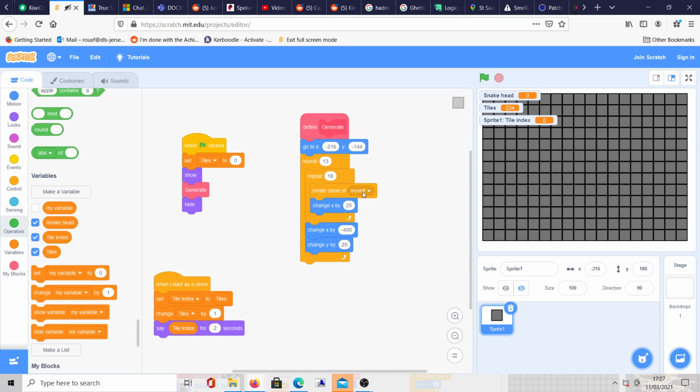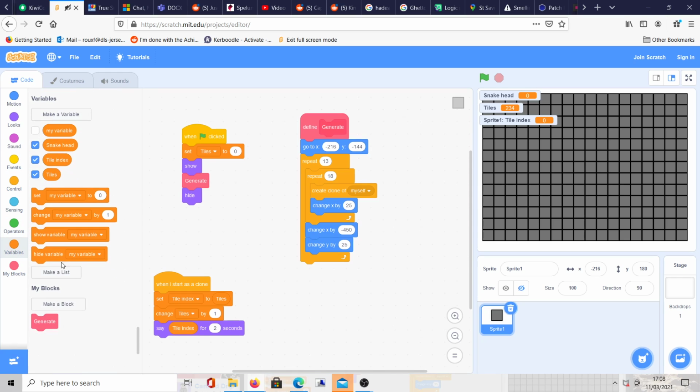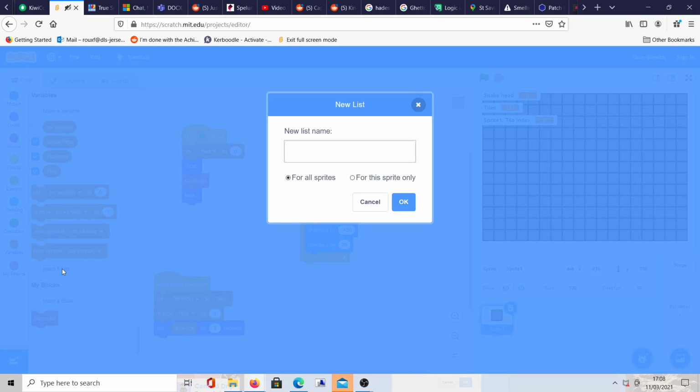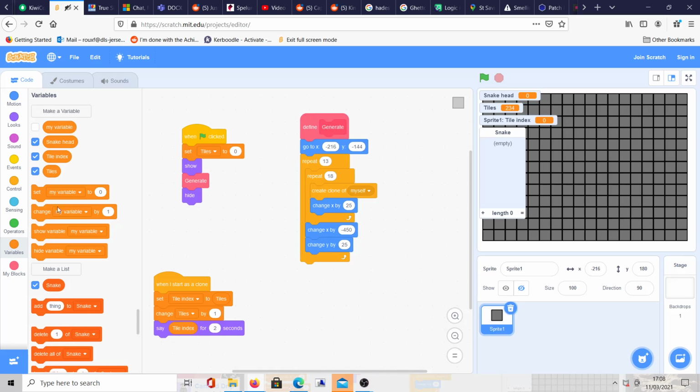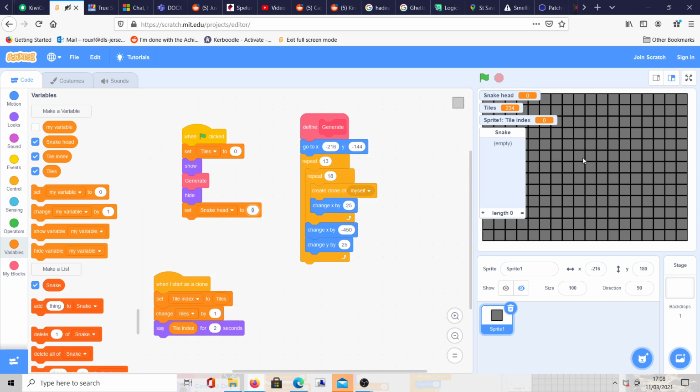Now, once we've done this, generate everything, we actually want to make a list, which is, just call it snake for all sprites. Then, when green flag clicked, we're going to set the snake head to what's,